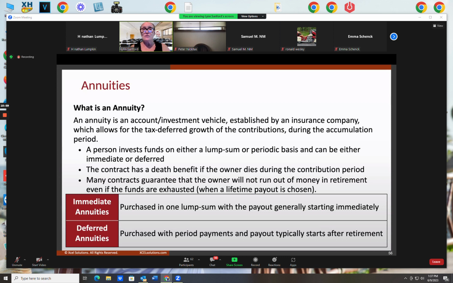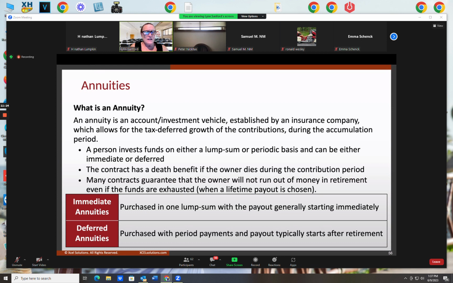If after-tax dollars go in, dollars out of a person's checkbook, into a non-qualified annuity, then they stay in there and grow tax deferred for the individual until retirement. Then when they retire and start to draw the money out, they pay tax on growth only. Growth. They pay tax on growth only because the principal dollars they've already paid tax on.